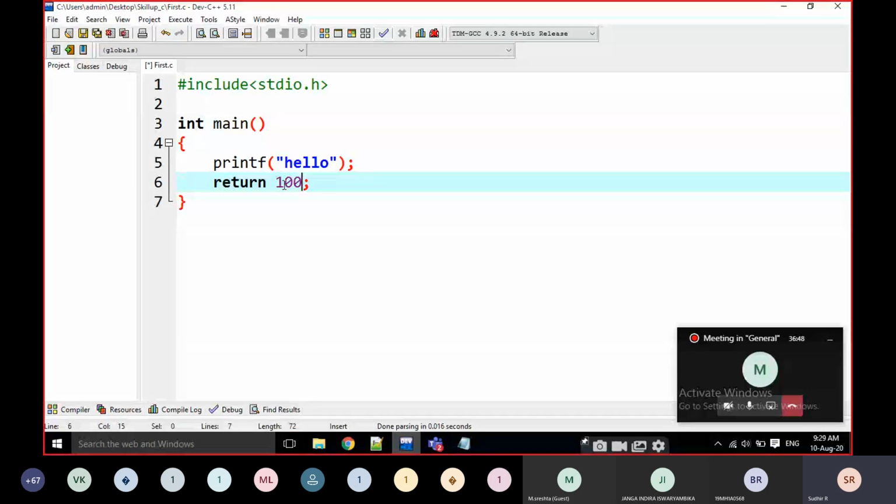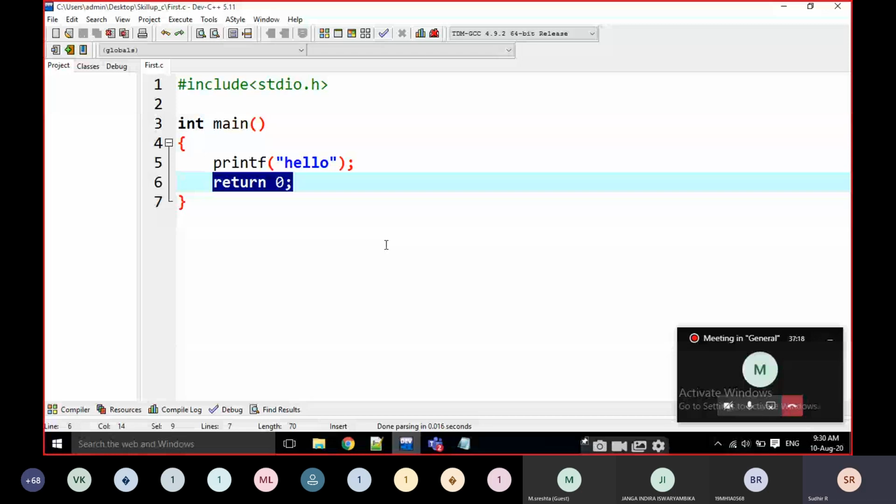Instead of int, we can write void also. Void means this function returns nothing. But I am writing int and return 0 every time instead of void. Why?